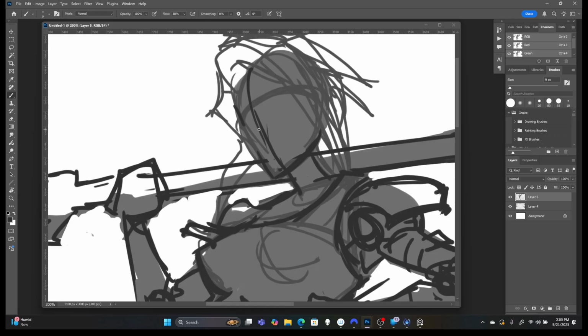Now, the thing is, when a character's looking up, their nose will be higher because of the foreshortening happening, and their eyes may look like they're a little bit more sunk back. The other thing too is there's this curve that happens here. So that'd be my rough end of,